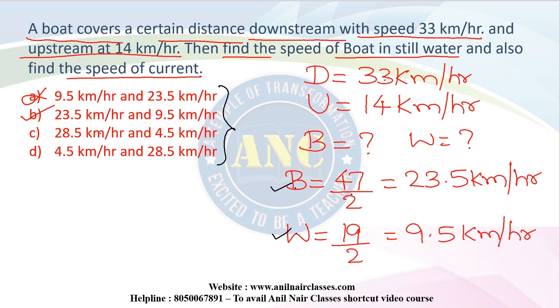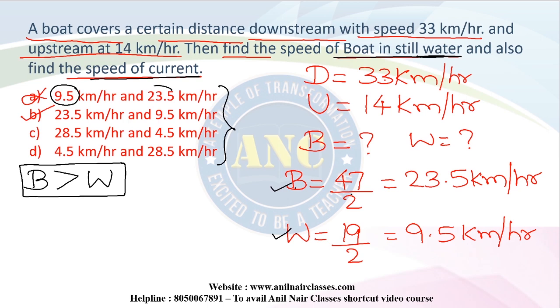Now see here, think a little logically. We already know that the speed of boat in still water will always be greater than the speed of water current. I just discussed this concept before solving the first problem in boats and streams. So B is greater than W, and in the options, the first value is the speed of boat in still water, the second value is the speed of water current. That means